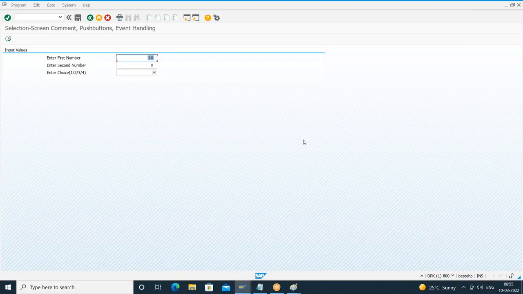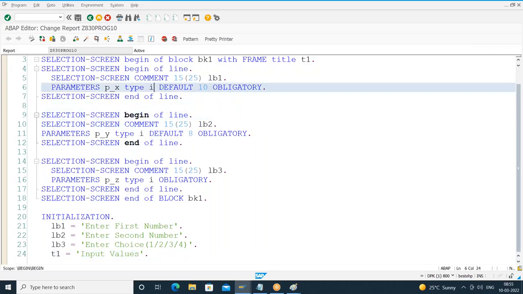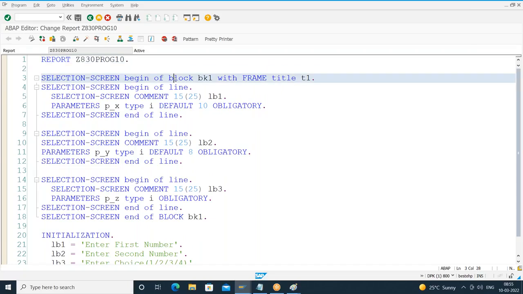Understood? Can we control the size of the block? I don't know. We have to check the documentation. Am I clear? So how do I check? I'll put the cursor on this block, somewhere on selection screen, and press F1. Why I'm saying I don't know is that you shouldn't try to